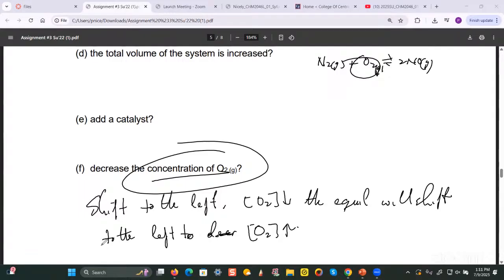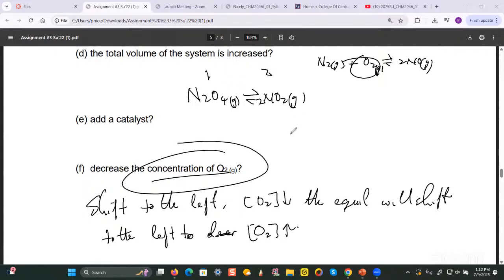Okay, any questions about this one? Any questions? Yes, sir. I had a question about E. When it said the total volume of the system increased, so what would happen if the reaction wasn't equimolar? Oh, okay, and we did some examples of that before. If you remember the N2O4 going to NO2, we have 2 here. So remember, we look for the number of molecules on both sides. We have 1 here, we have 2 here, right?